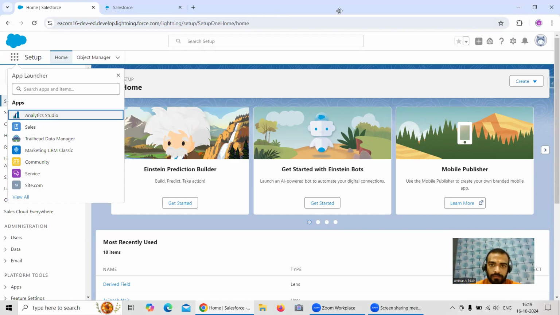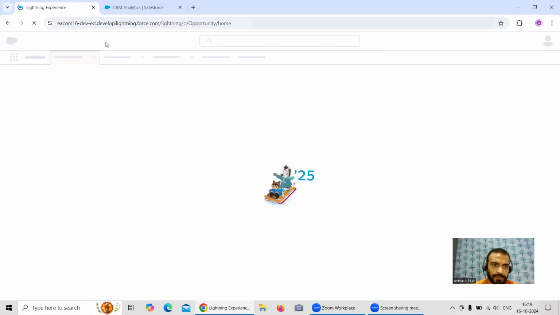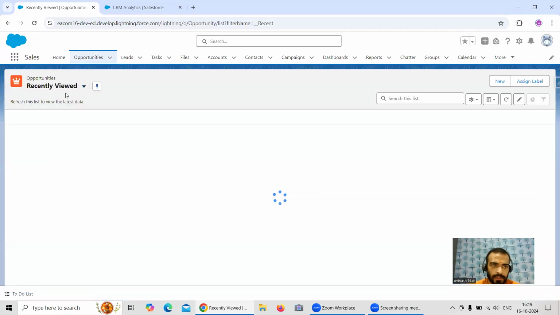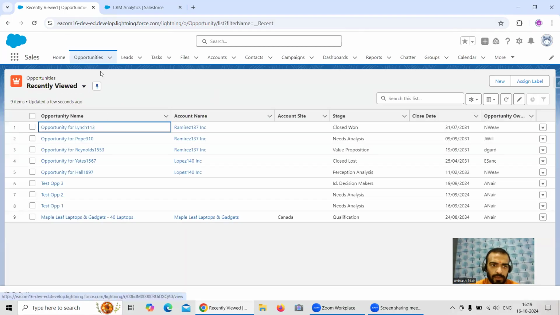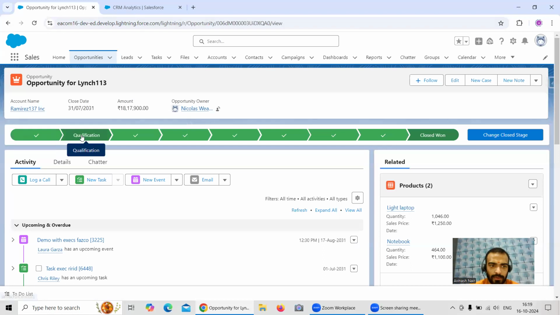First of all, I wanted to show you one thing. In this opportunities, if I open one of them, okay, I think you all know that there's a particular process which we follow, isn't it? In opportunity, fine. Now, what happens to get this particular process? At first we have prospecting, then comes the qualification, need analysis, value proposition, idea decision, perception, appraisal, and negotiation,